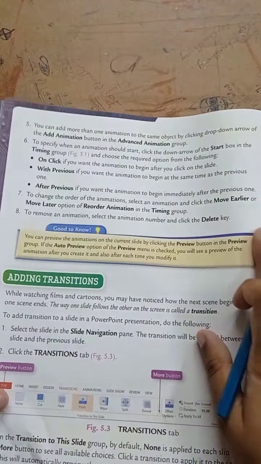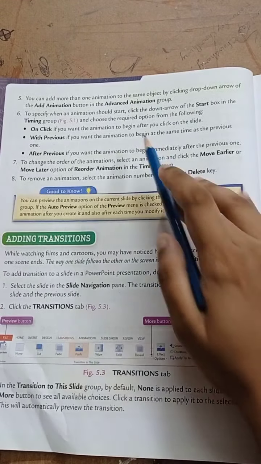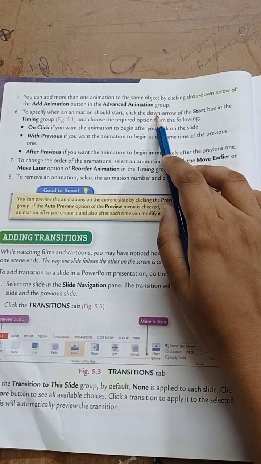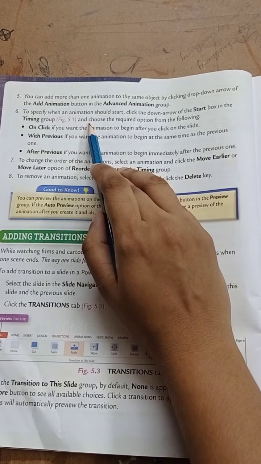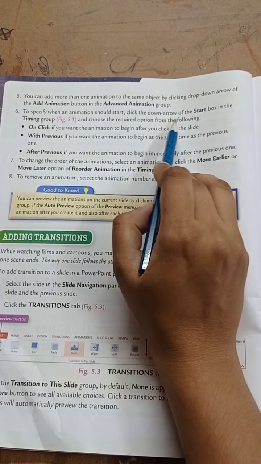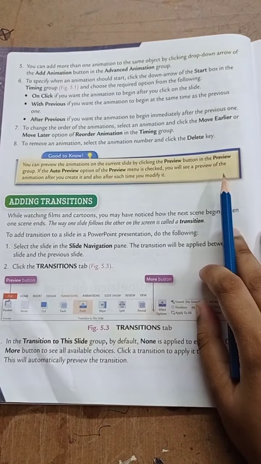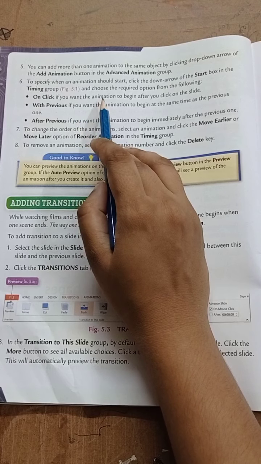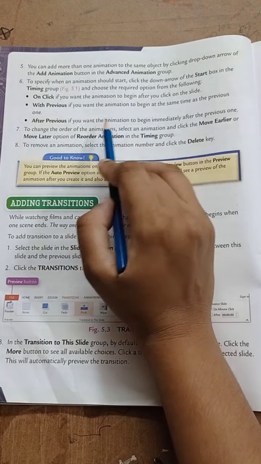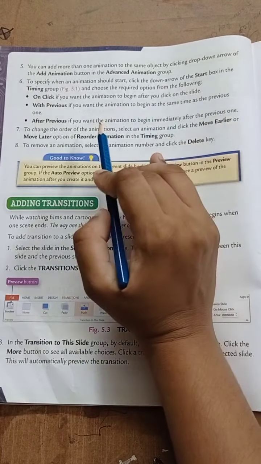Next, to specify when an animation should start, click the down arrow of the start box in the timing group and choose the required option from the following. So these options are: first is on click, if you want the animation to begin after you click on the slide.